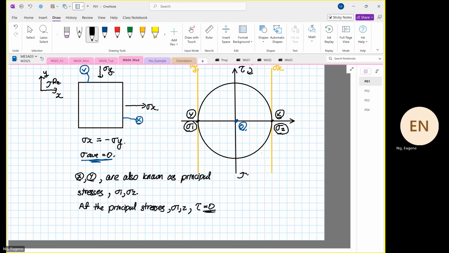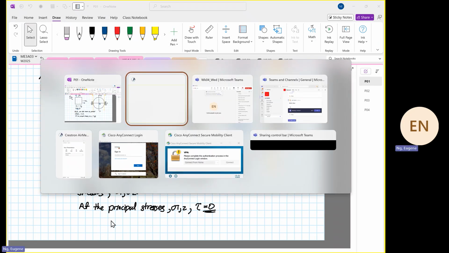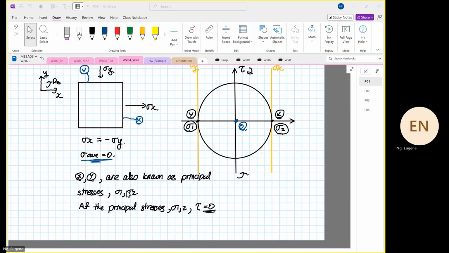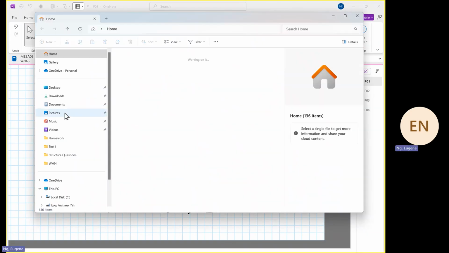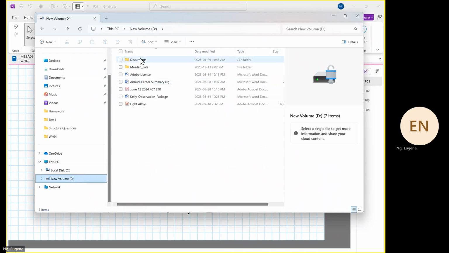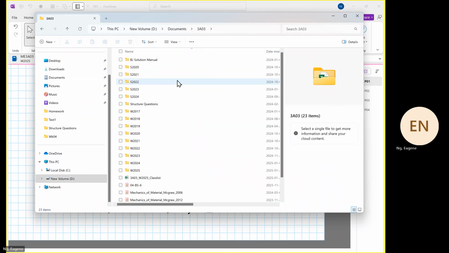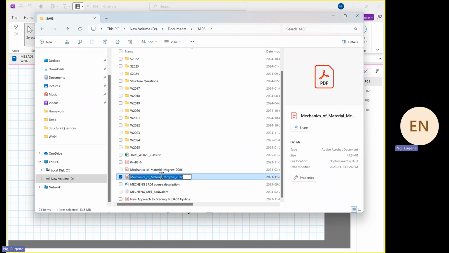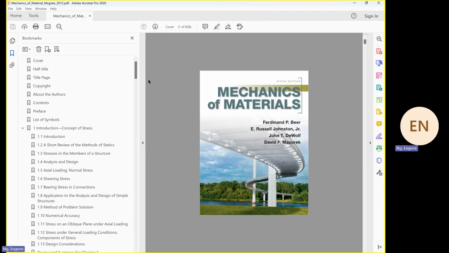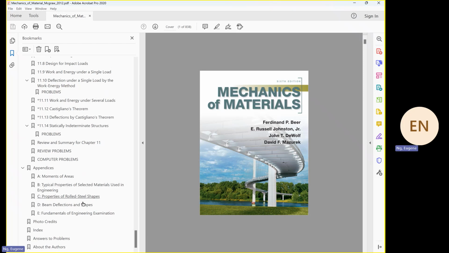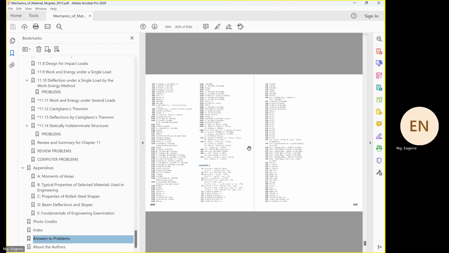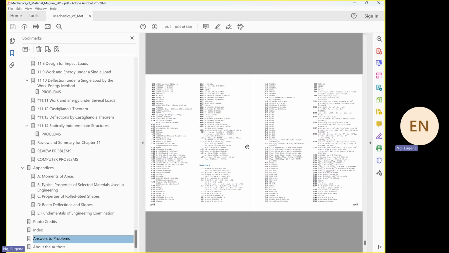Now, focus. When we have data from a materials handbook, like this, okay, bear with me. If we have a materials handbook, if you look in not the last page, the last year, I'm going to copy